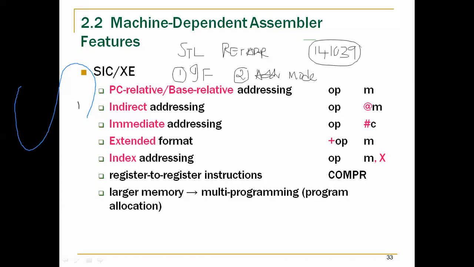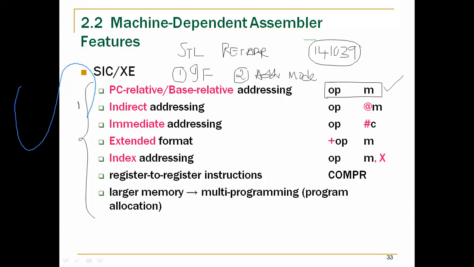Here there are some clues for you to identify instructions. Normally a PC or base relative instruction that uses these addressing modes would look something like this. It would look like a normal instruction.